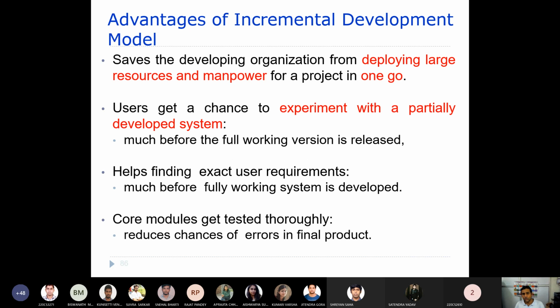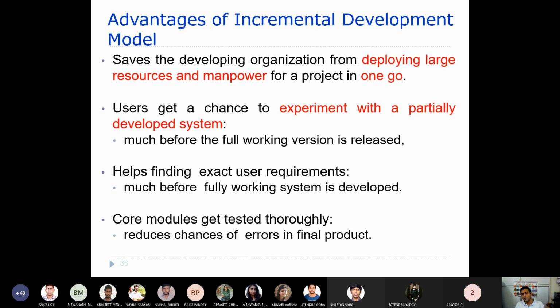The first advantage here is that you do not really require to deploy large resources and manpower in one go. It is not required to have all the resources and manpower while you are developing version 1. What you can do is deploy these resources and manpower in a phased manner.